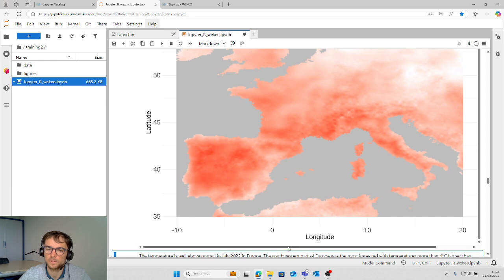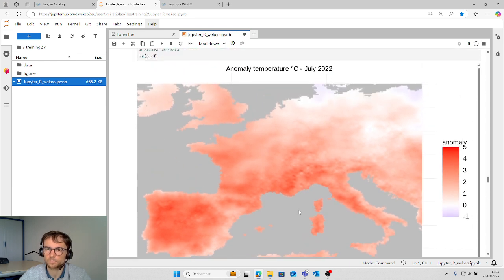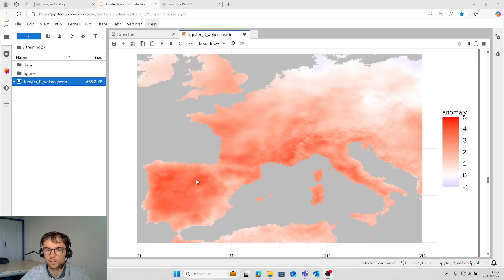And here we see the anomaly of temperature. The temperature is well above normal in July 2022, especially in Portugal, Spain, France, with temperature above 4 degrees.